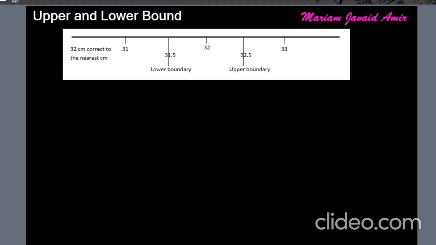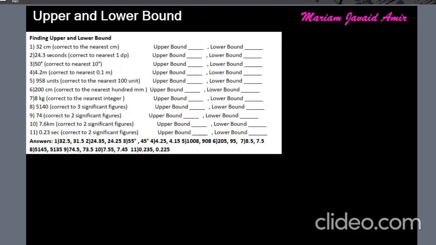So let's try. Starting with these example questions, we have 32 centimeter correct to the nearest centimeter, find the upper bound and the lower bound. Same method we just did. 1 divided by 2 is 0.5. When we add this to 32, we'll get the upper bound 32.5. And when we subtract this from 32, we'll get the lower bound 31.5. Okay. Next up is